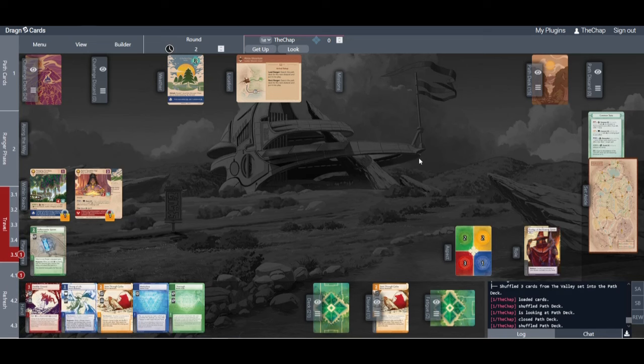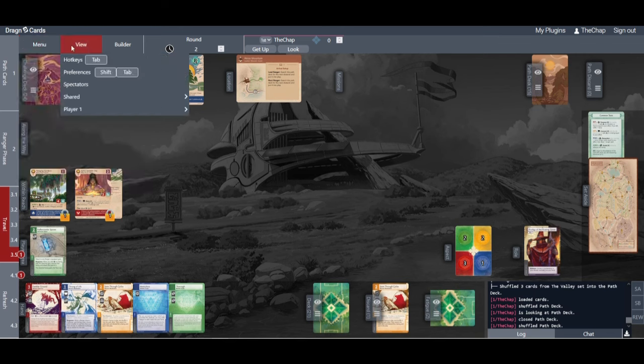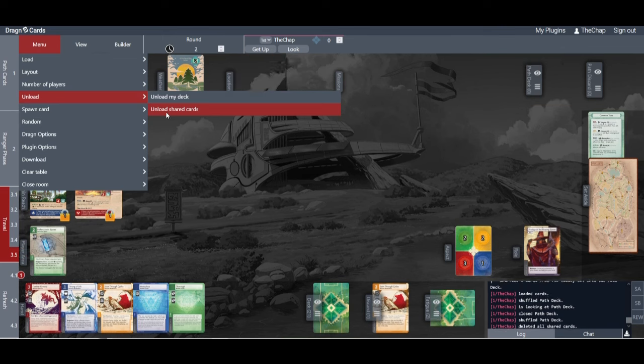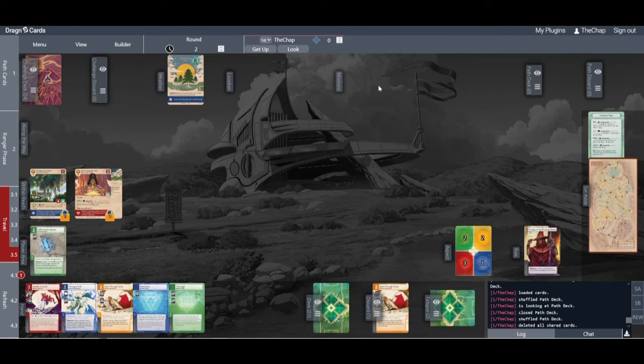Hitting Shift T will not get us there. So what we need to do is unload any cards that are not persistent. So we're going to go to Menu, Unload Shared Cards. This will get rid of all cards that do not have the persistent keyword that are part of the path deck, basically. As you can see, the deck went away, so did the location,